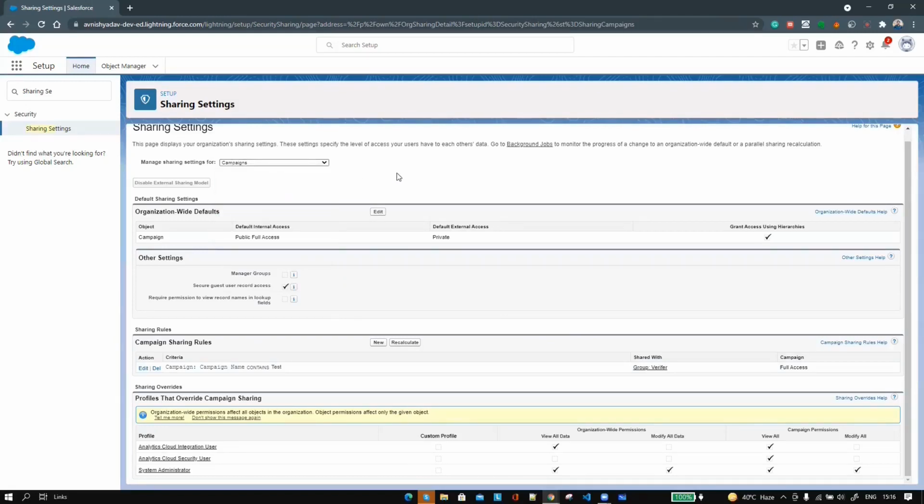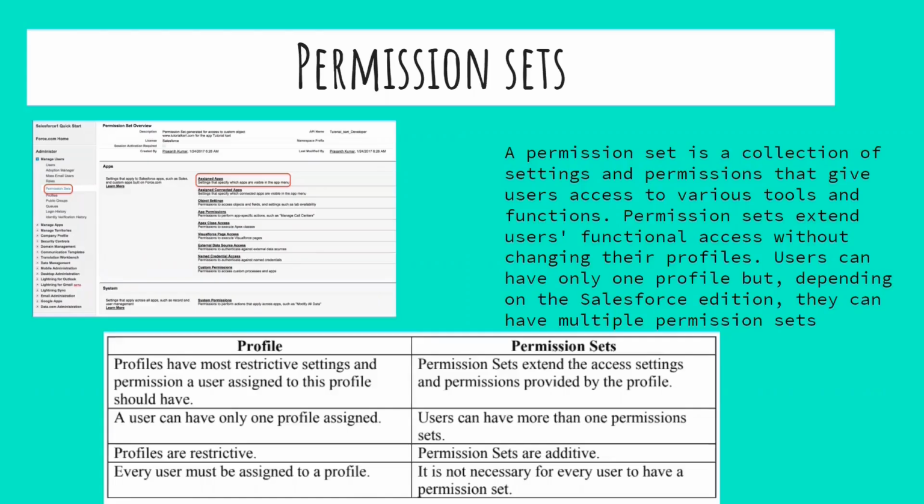Let's move to the next section where we talk about permission sets in Salesforce. If we define what a permission set in Salesforce is, in simple terms, it is a collection of settings or permissions that give users access to various functionality of Salesforce. Permission sets extend the user's functional access without changing their profile. So the question comes up: when we have a profile, why do we need a permission set?